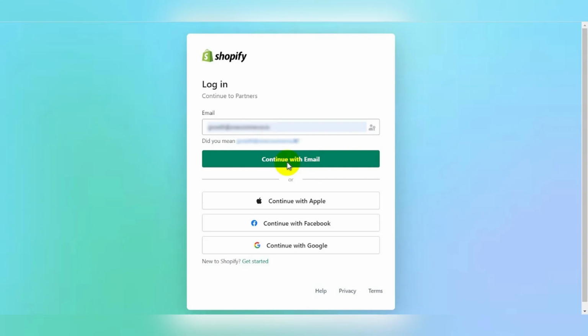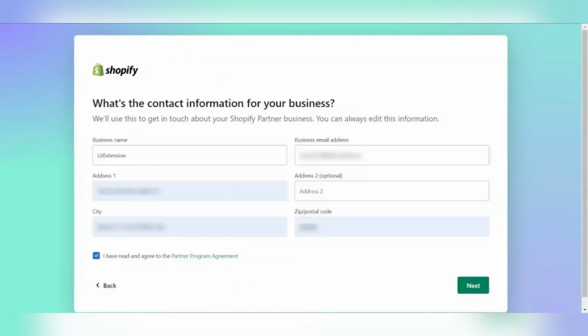Now fill in a few extra details such as your business name, country of residence or preferred language. Scroll down, then select your business goals such as developer, designer, marketer, freelancers, or agency. Before finishing, make sure to read and agree to Partner Program agreement at the bottom of the page, then click